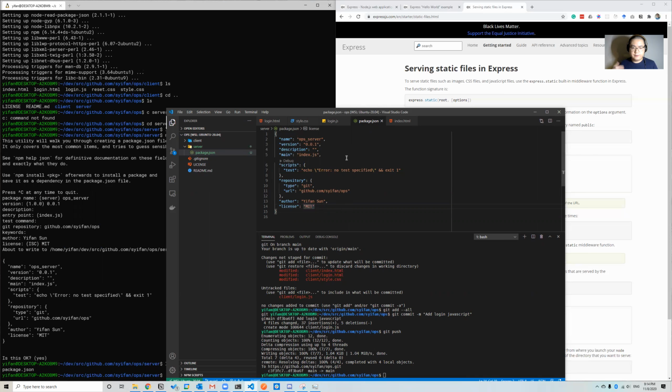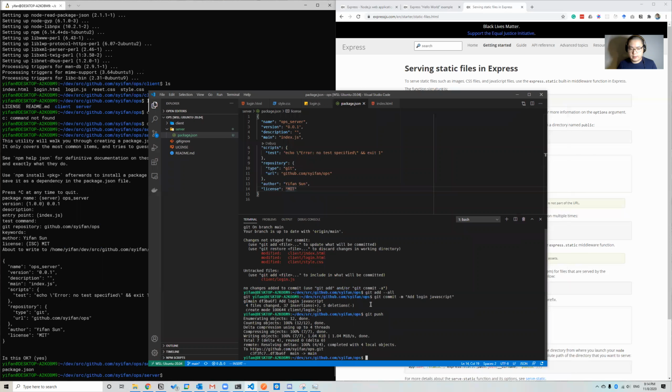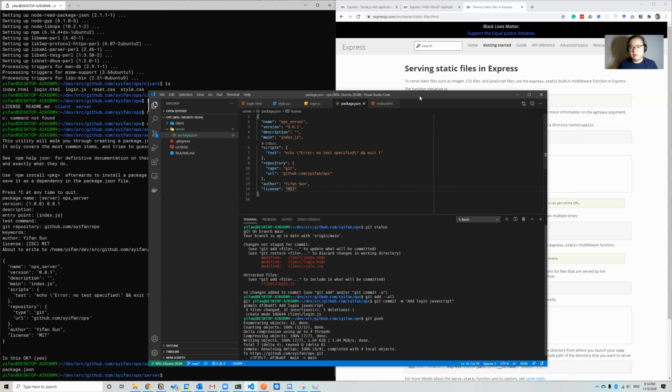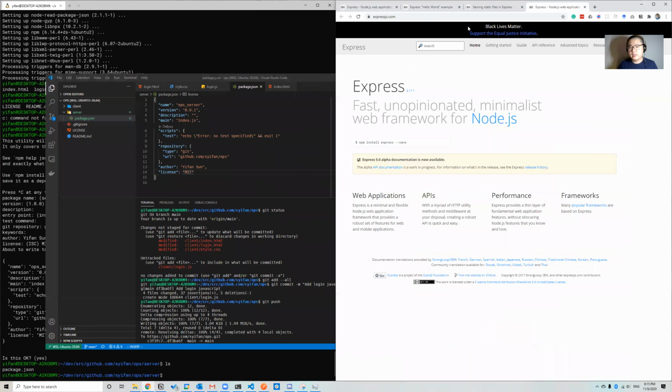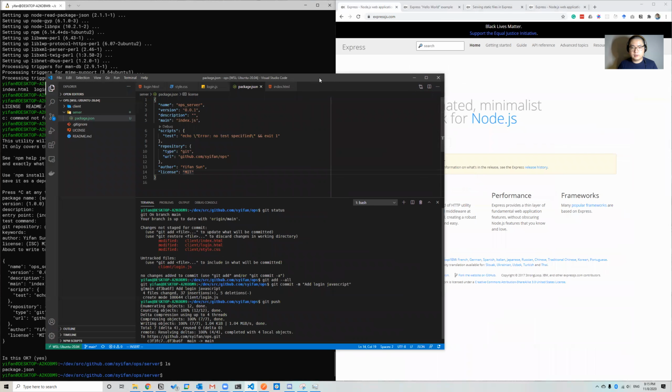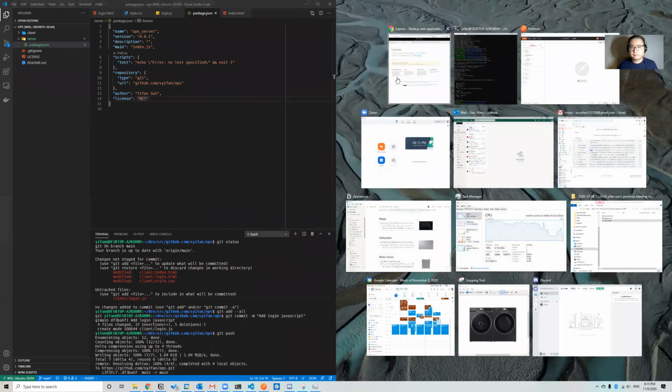But here we have this package.json. This package.json defines the basic information about the current package that we're running. And now we are going to install Express. With Node.js, it's actually very simple to install packages. And we can see here that you can simply use this command,